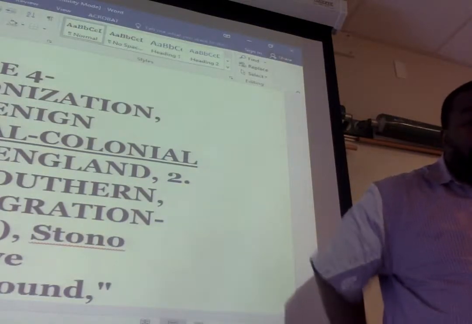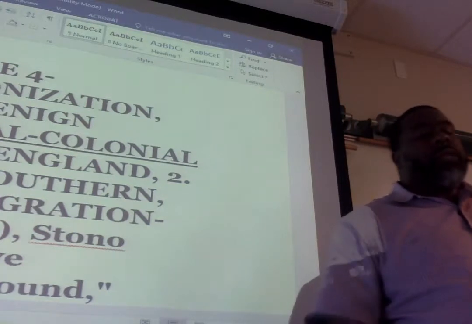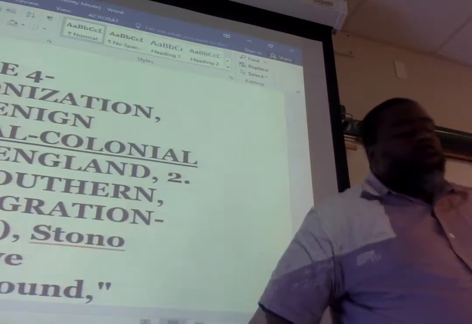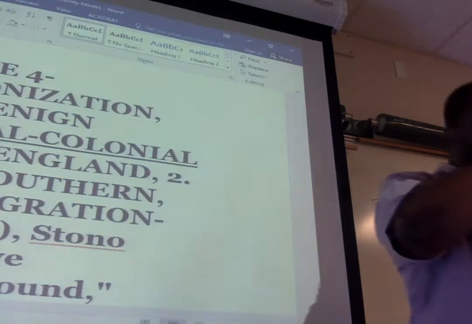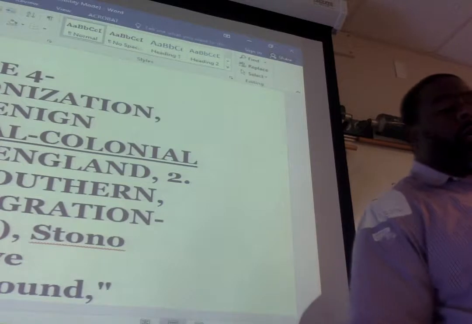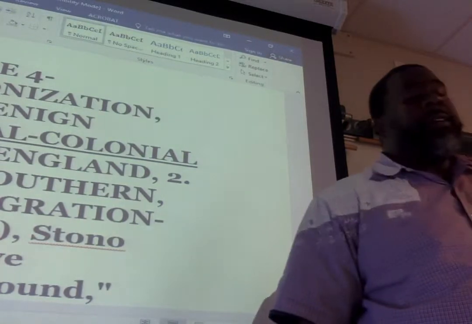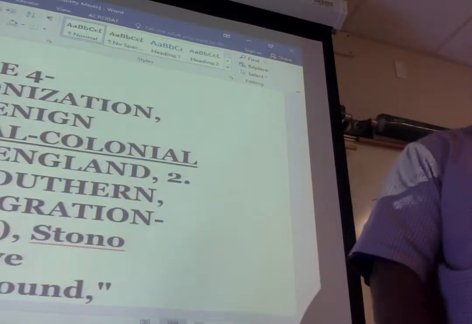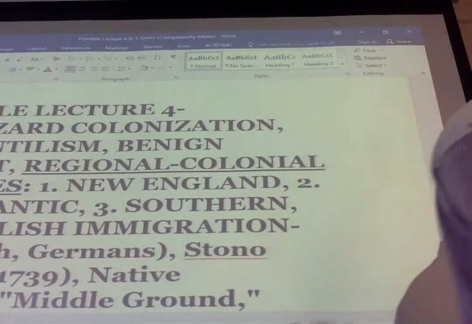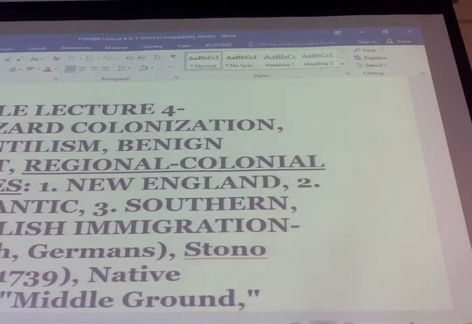We also are looking at how all of this becomes the United States. And how are these folks going to become quote-unquote Americans? So we're doing a couple of things simultaneously. And it works because all of these things are contributing to that development of an American identity, even though they would not have called themselves that yet. So that's kind of what we want to work through, is how we get to that point where they're going to call themselves Americans and start behaving like Americans. So some of this will be a little bit of review, but some of it might be new information in terms of how we tie it together.